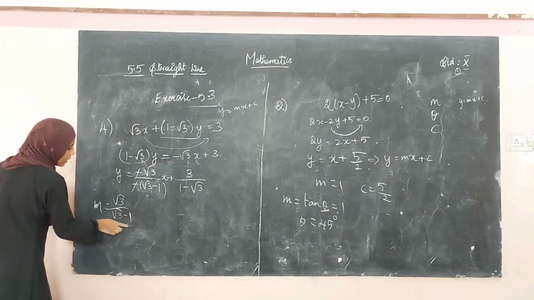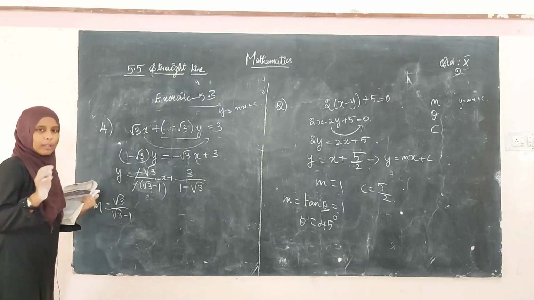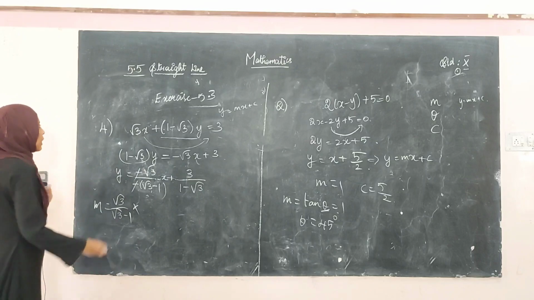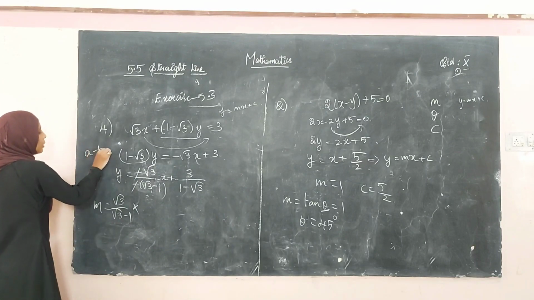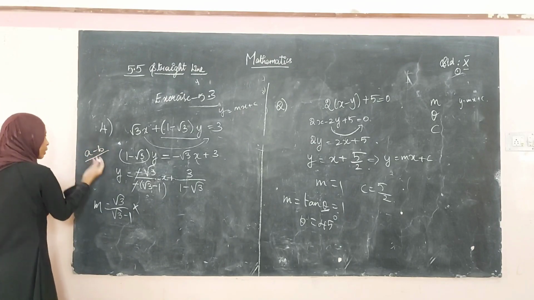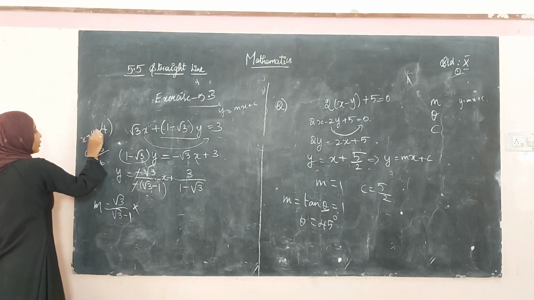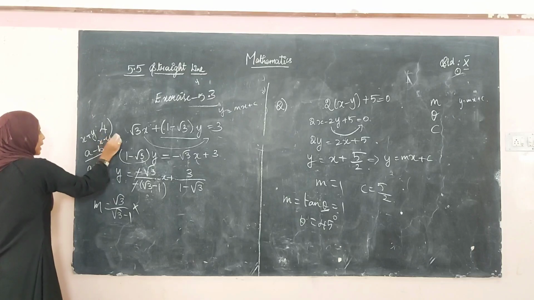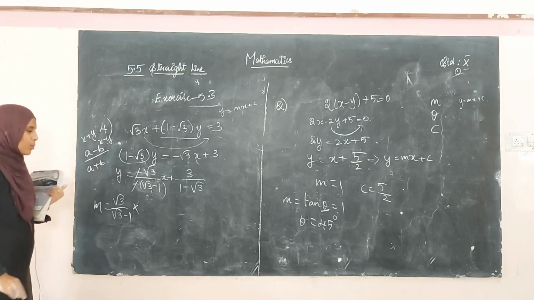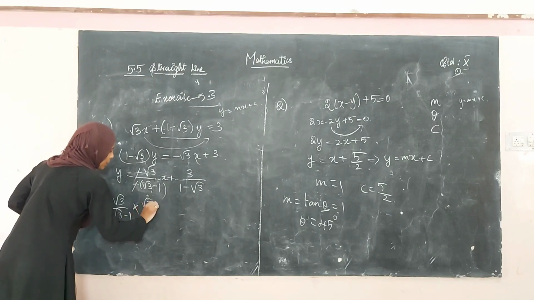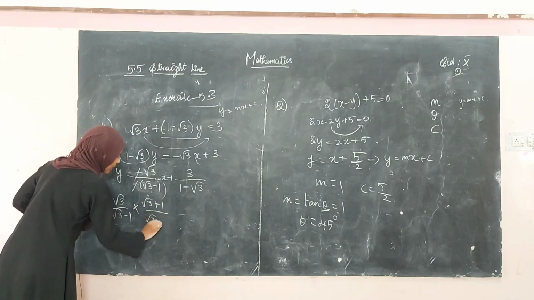Since the denominator is like this, to bring the denominator to a whole value we are multiplying both numerator and denominator by the conjugate. Conjugate means, if there is a value like a minus b, what will be its conjugate? a plus b. Similarly, if there is a value x plus y, its conjugate is x minus y. That is, we change the sign in the second term. So here the conjugate of root 3 minus 1 is root 3 plus 1, so root 3 plus 1 divided by root 3 plus 1.